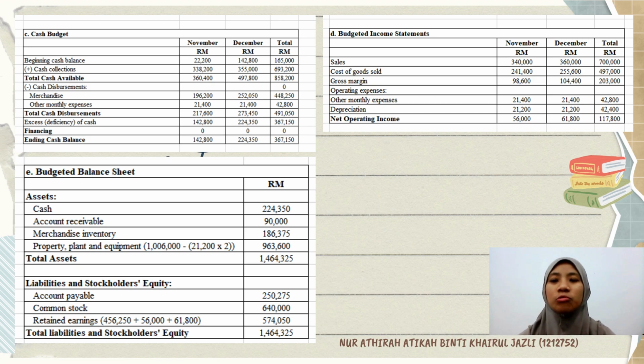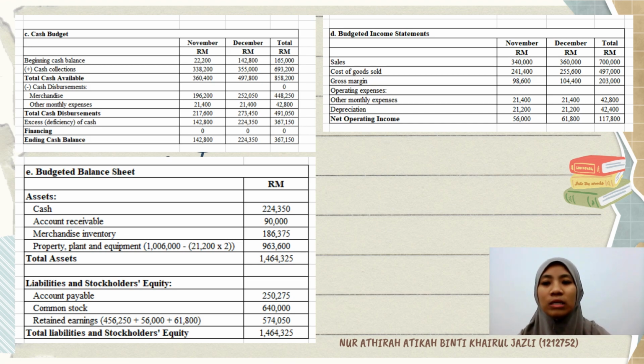Okay, now we move to question C, D, and E. So for question C, we need to find the cash budget. So for the budget, we begin with beginning cash balance. For November is 22,200, and for December 142,800. And then we add the cash collection, which is for November 338,200, and for December 353,000. And then we will get total cash available for November 360,400, and for December 497,800. And then we will minus